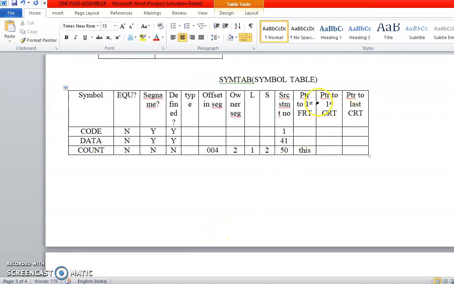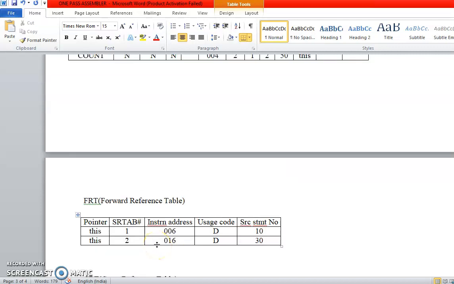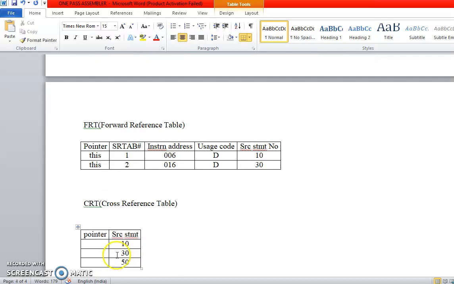Moving forward, the next entry is the pointer to the first CRT. CRT stands for cross-reference table. We have one more table, the cross-reference table, which is just used to verify at the end whether all the forward references have been handled successfully before the final assembly takes place.